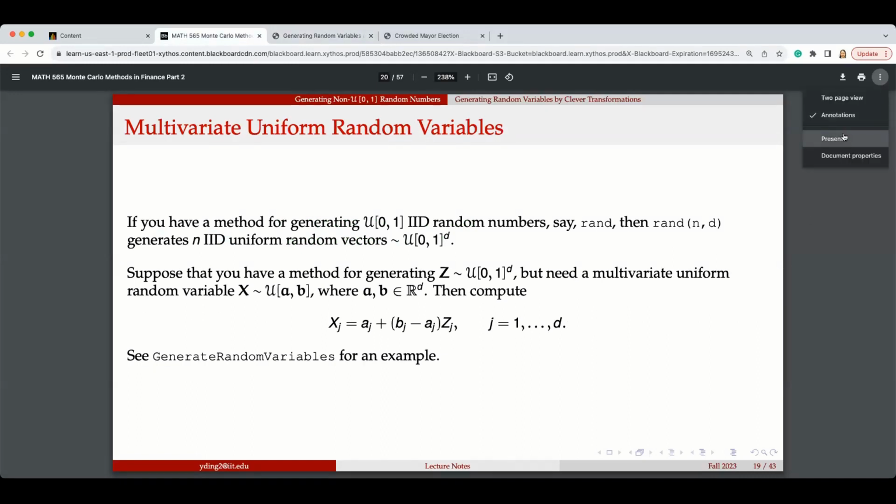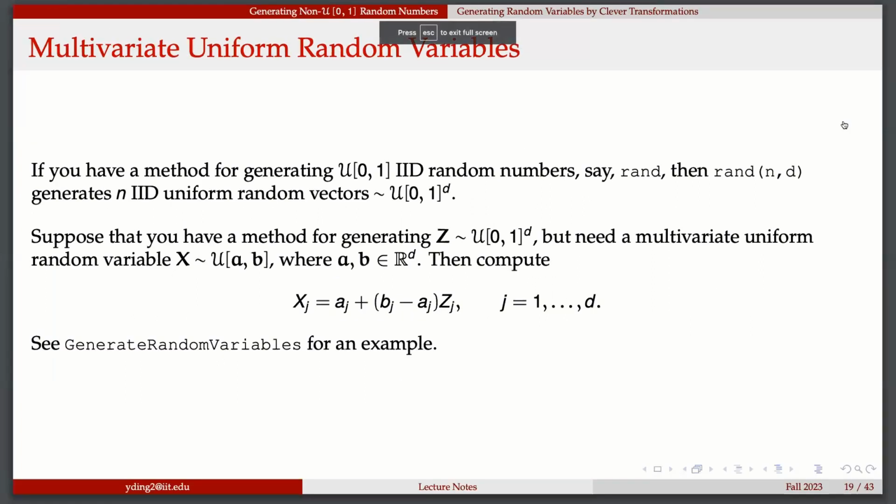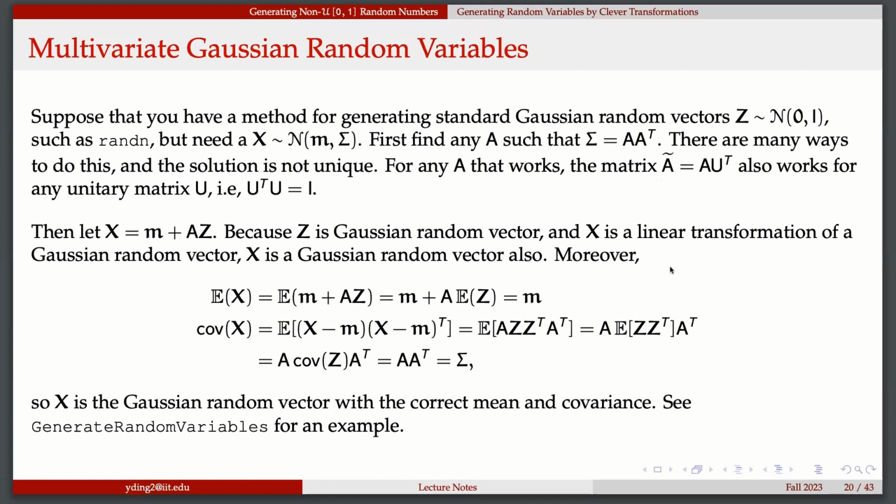It's not too complicated. Even if you don't use the general function yourself, based on different cases it's easy for you to construct that, right? It's not so hard. But this one will be a little bit more complicated. It's for the multivariate Gaussian random vector. So standard uniform, standard Gaussian, you have that. But if you have some X, here X follows the normal distribution with mean vector M and covariance matrix sigma.